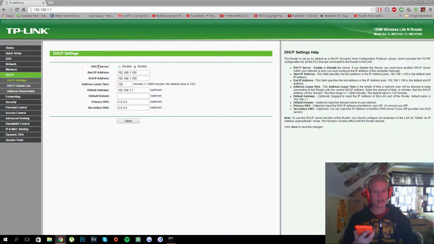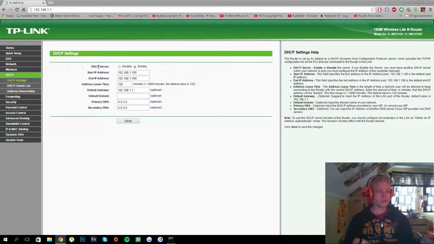then what my router will do when my phone connects to the internet wirelessly is assign my phone a LAN IP, and that IP in particular will be somewhere in the range between 192.168.1.100 and 192.168.1.199. So those 99 addresses are reserved by the router itself to randomly assign to new devices connecting, and these vary as well. That's the problem.